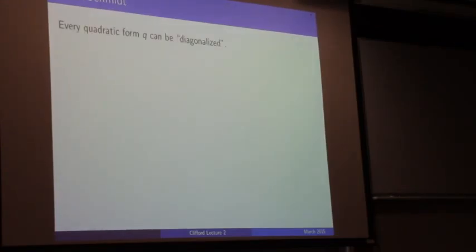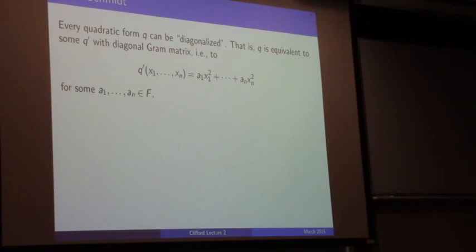Okay, so the Gram-Schmidt process allows one to diagonalize a quadratic form. So that means that the Gram matrix becomes diagonal. In other words, any quadratic form Q is equivalent to one of this form, a sum of squares with some coefficients. So the usual proof from linear algebra assumes that the field is R, and then